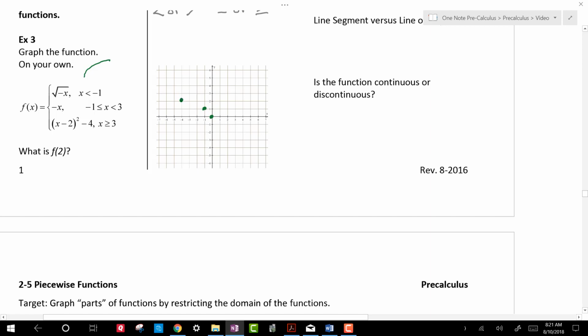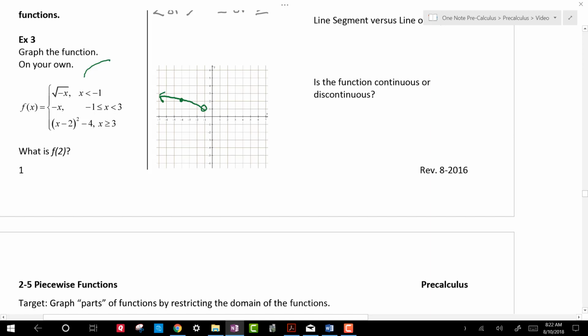So that's what my graph would normally look like, but I'm supposed to start when x is less than -1. So there's two things going on here. Number one, I don't need the point at 0, 0. And number two, my point at 1, 1, that should be an open circle. So I'm going to roll up and to the left with an arrow on the left side. There's my first piece. My second graph is y equals -x, and it's going from -1 all the way up